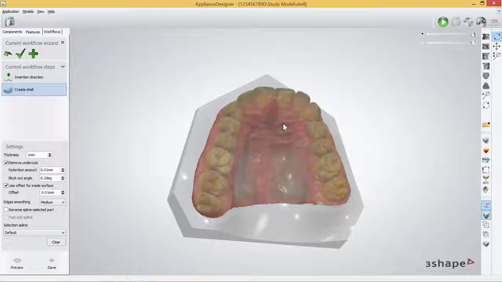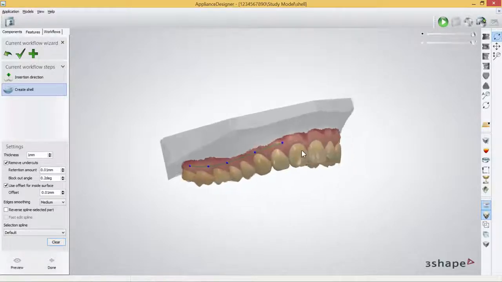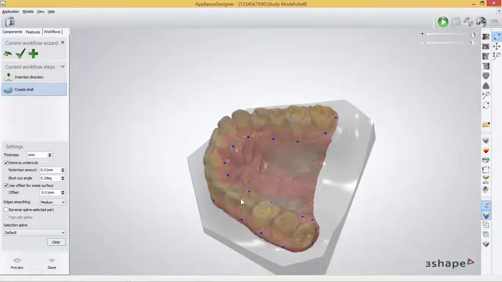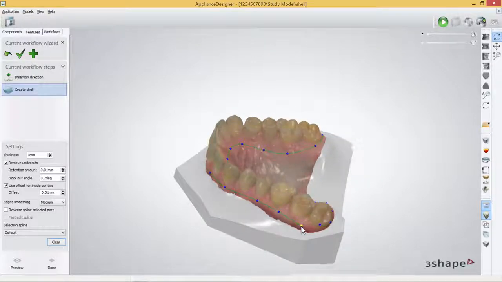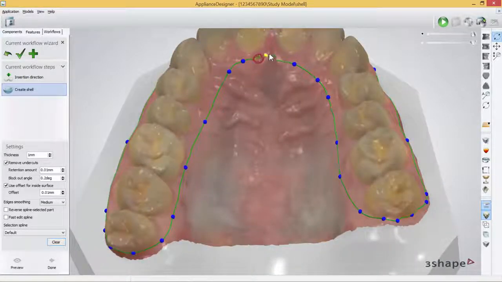When you design a shell, you have to draw a spline line. You can either set points like this, or you can simply draw around like this, depending on what you like. I will set some points to make my shell. And close with touching the last point. Once the shell is completely closed, you can now make alterations to the shell, either pulling the points like this.